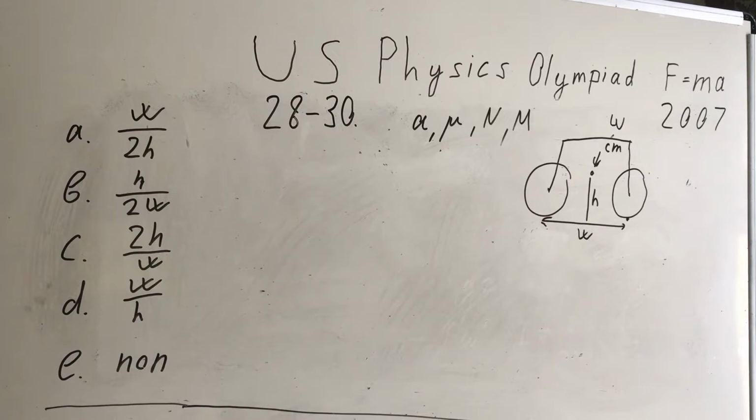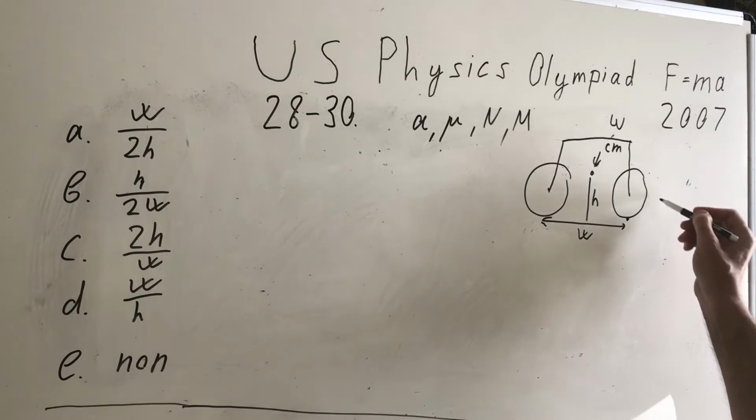It has 2 tires that each comes into contact with the ground at a point. The wheelbase of this bicycle, the distance between the points of contact with the ground, is W. And the center of mass of the bicycle is located midway between the tires and at height h above the ground. The bicycle is moving to the right, but